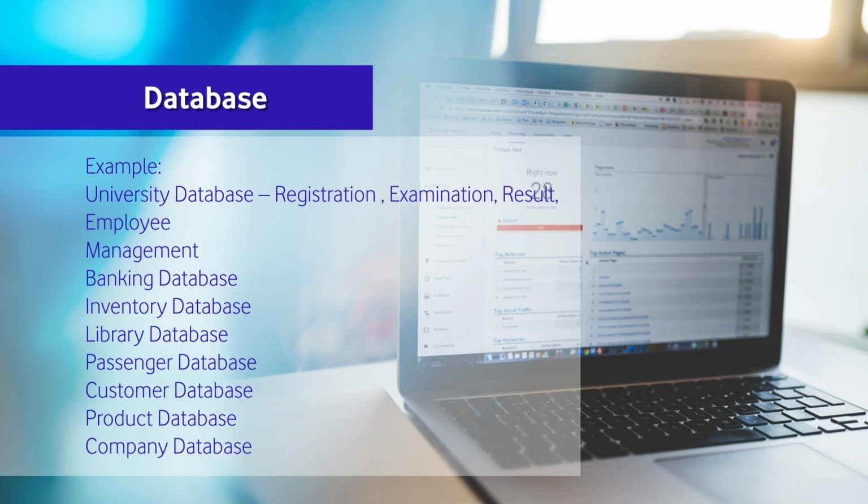You will find a lot of examples, and I am reading a few here. University database: if I am talking about the university database, think of the registration of a very large number of students in different programs, in different departments, in different semesters. Maybe different students are attending the classes of different teachers.